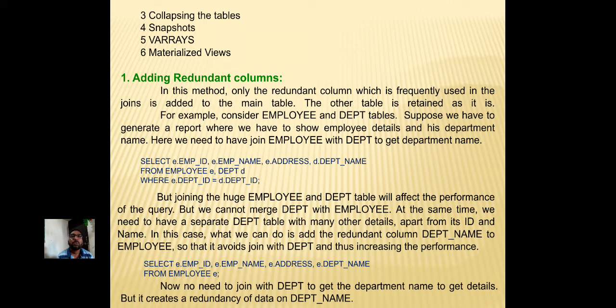In this case, what we can do is add the redundant column department name to employee, so that it avoids the join with department and thus increases performance. Select employee ID, employee name, address, department name from employee. Now there is no need to join with department to get the department name, but it creates redundancy of data on department name.